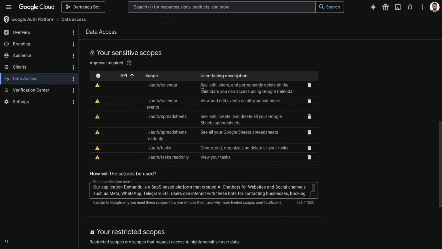So this is the reason that we require all of these scope permissions. Number one, for the calendar, we want to be able to see, edit, share, and permanently delete the calendar, as well as view all the events. We require these because we want to be able to check for open slots, then create events, then also delete events in case of the WhatsApp bot. For the spreadsheets, we want the permission to be able to see, edit, create, and delete all the Google spreadsheets. We need this because number one, we have the option of only